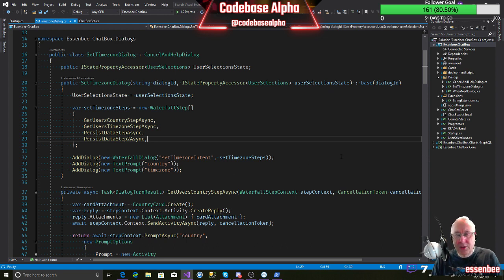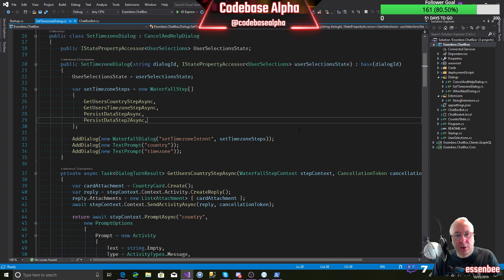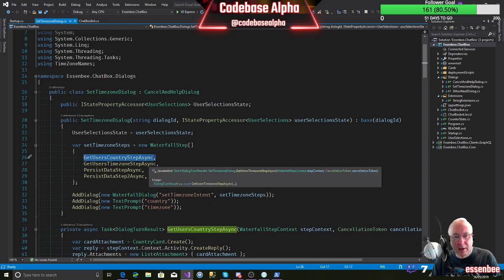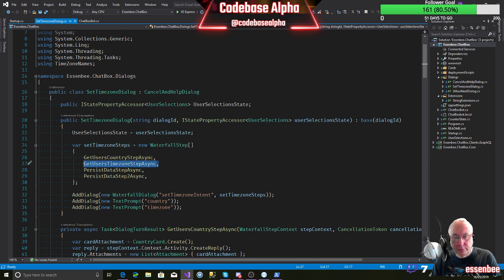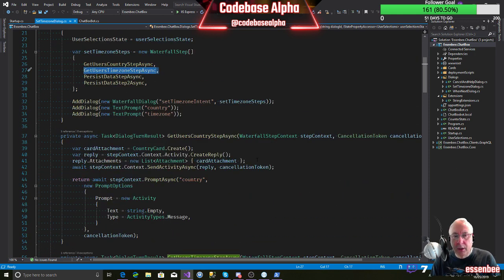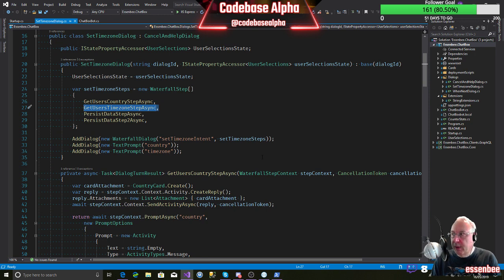So what the solution to this is going to be, I believe, is we're going to basically create subdialogues. So we're going to subdialogue this as its own dialogue, and then this one as well. And we're going to lose these persist data steps completely, and then we're going to handle looping. So we're going to basically loop the